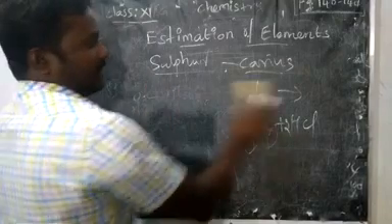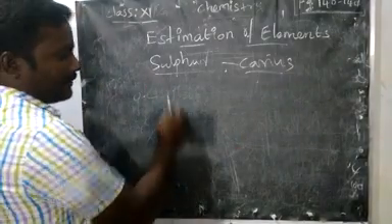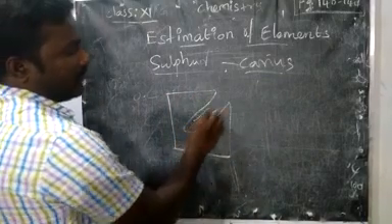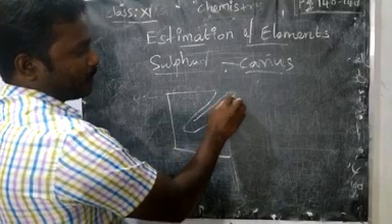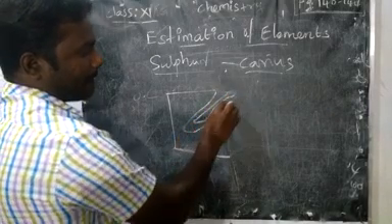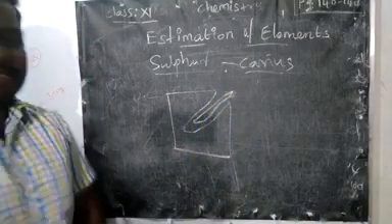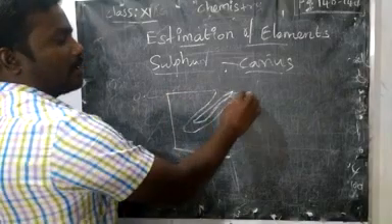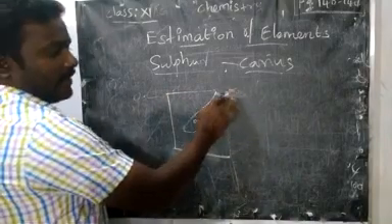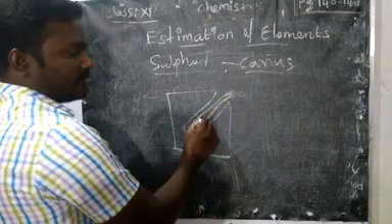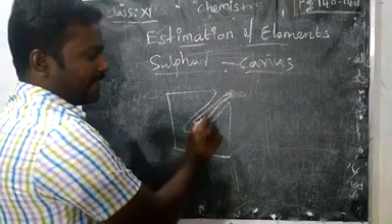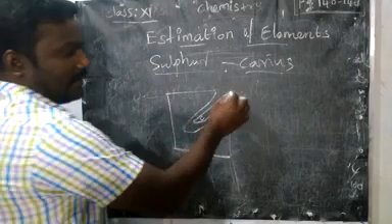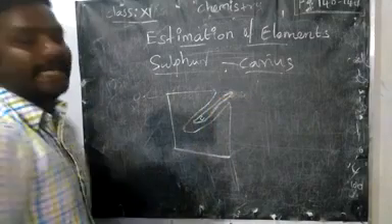So what is the procedure for this method? We have to take Carius apparatus. We will use an apparatus like this. This is an iron container for heating purposes. This is called a Carius tube. Here we have an opening. We take nitric acid with the organic compound in a small cap-like apparatus. Then we have to seal it. Then we can heat. Okay.